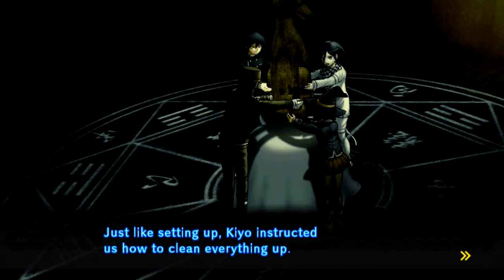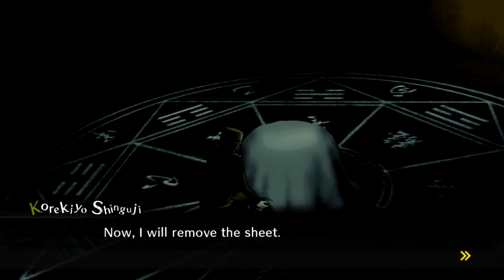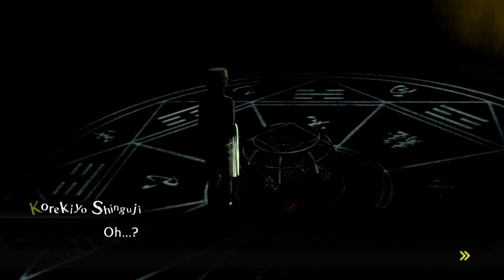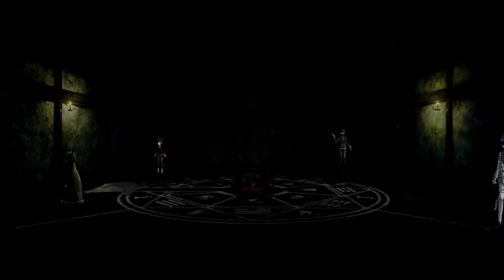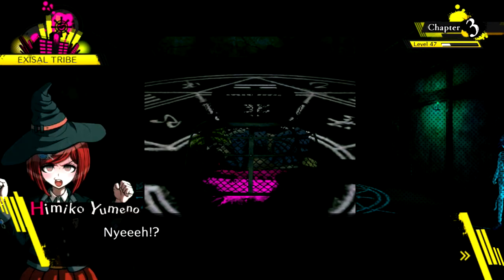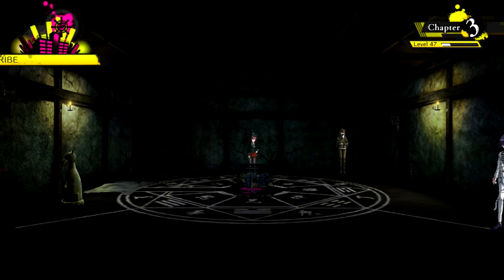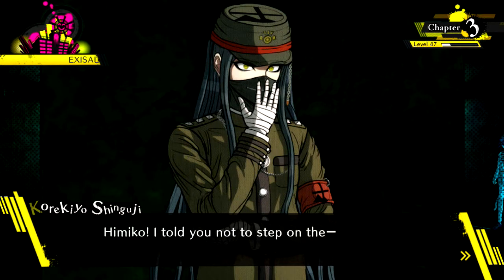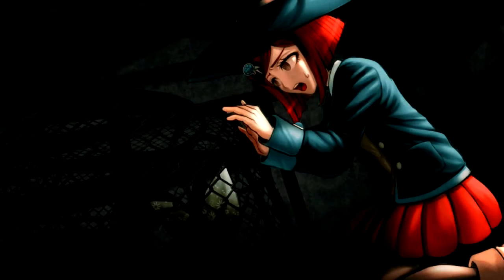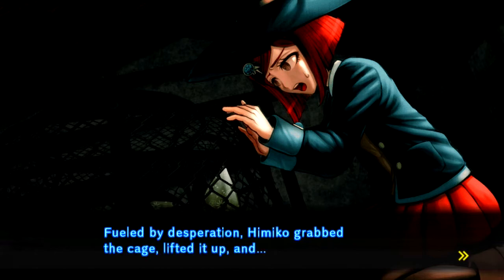Just like setting up, Kyo instructed us how to clean everything up. We were careful to remove everything exactly in the order Kyo directed. Now, I will remove the sheet. Kyo pinched the fabric gently and pulled it aside. Oh? Perhaps. Something is amiss. Himiko ran toward the cage at a sprint. But she wasn't listening. She jumped onto the cage and... Fueled by desperation, Himiko grabbed the cage, lifted it up, and...